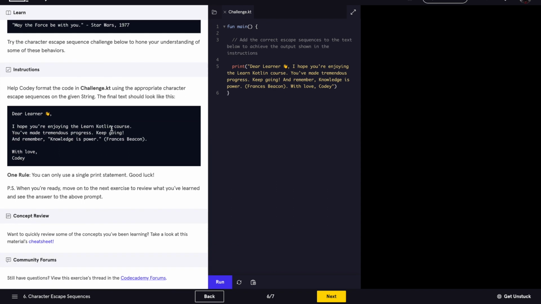So here it says help Cody format the code and challenge KT using the appropriate character escape sequences on the given string. The final text should look like this. Let's do that. Dear learner, emoji, comma. I hope you're enjoying. So here we can put